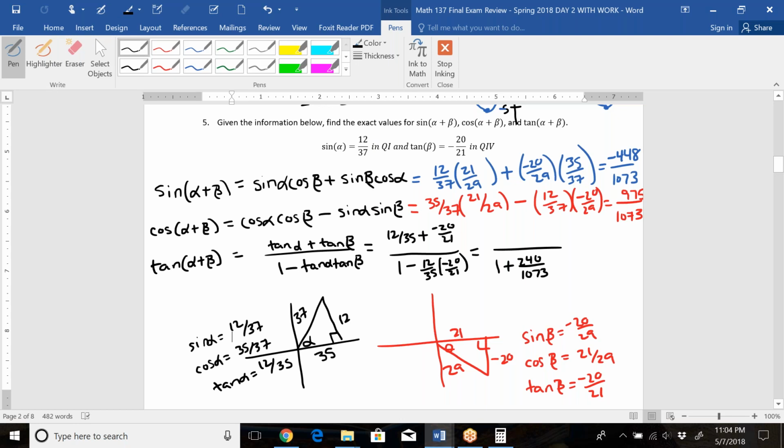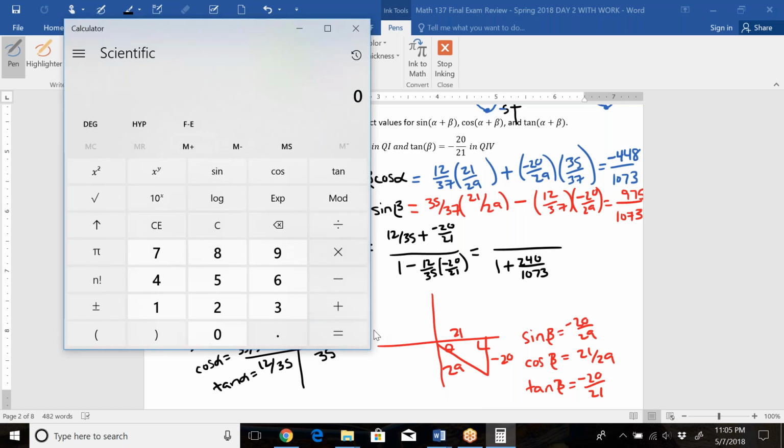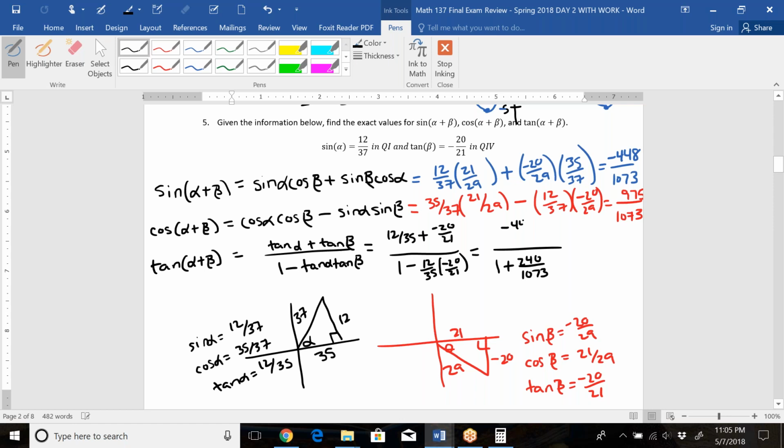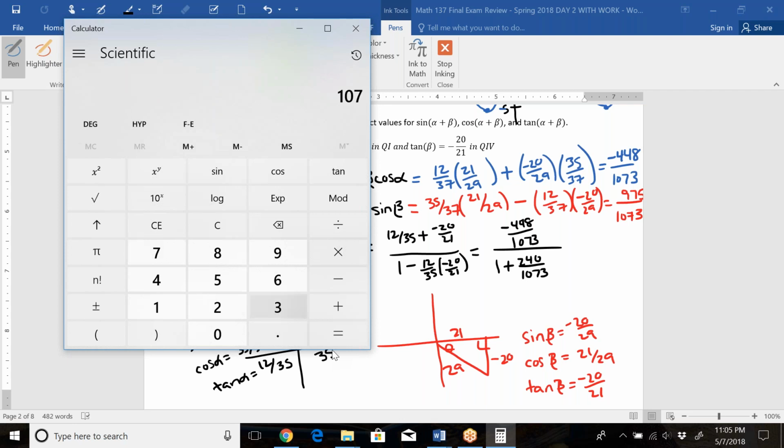On the top, we want to go ahead and get a common denominator here because we're going to do the same thing in the bottom in just a second. This would be times by 21. So 12 times 21 is 252, minus 20 times 35. So it's negative 448, which we expected, over 1,073. On the bottom, you'll do 1,073 plus the 240,